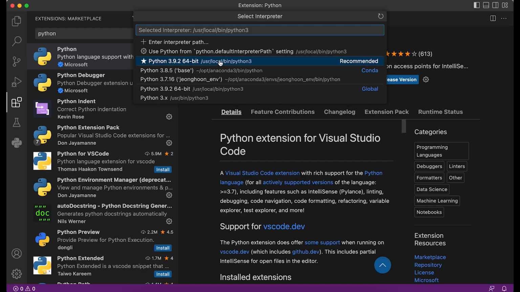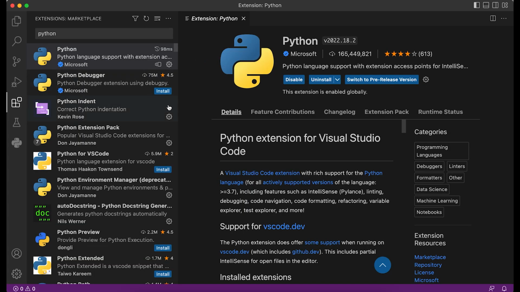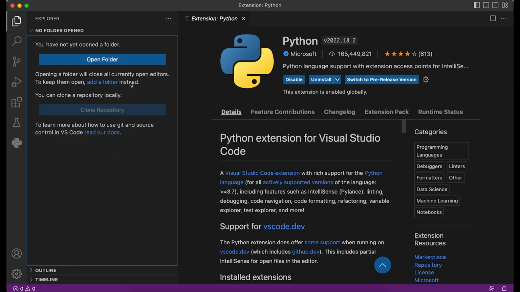Or you will just select what's recommended, the one that matches what you just downloaded, and click it, and that's it, right? And you set up the environment for writing and running Python code. The thing I want to tell you is how to set up the folder. Basically, you need to select the folder where you want to save all the Python files for this course, or in general for your project, right?